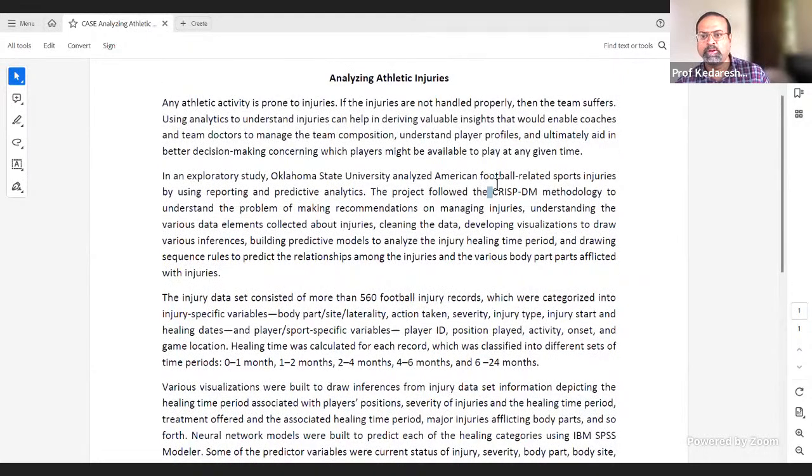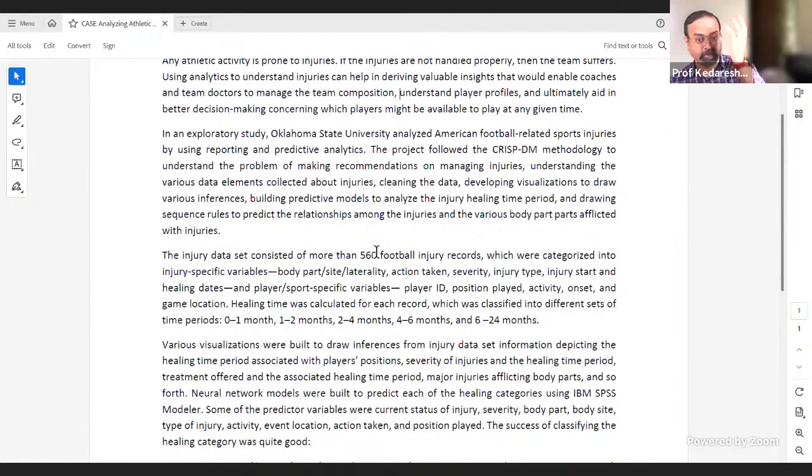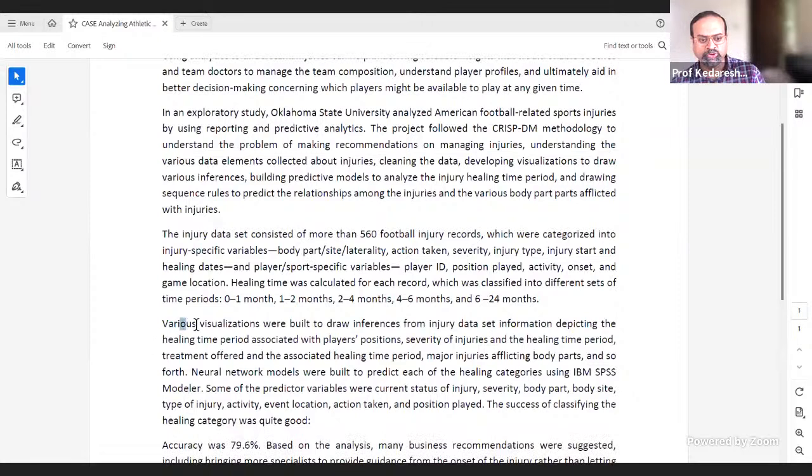on how the CRISP-DM model was also applicable in this sports analytics case study. So if you see in this case, they have already collected some data about 560 records of football injuries which have happened in the past, and they have got different types of predictive variables which are part of the Excel or whatever that data set. So whatever visualizations they have created was to give a good understanding of what the overall data is telling you